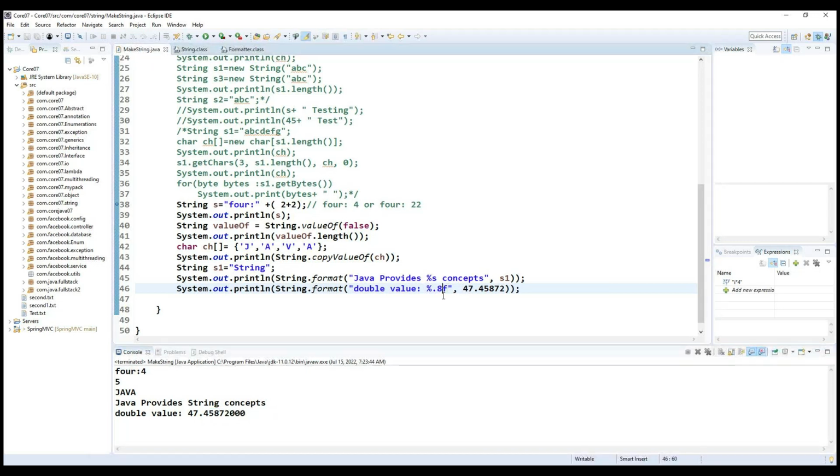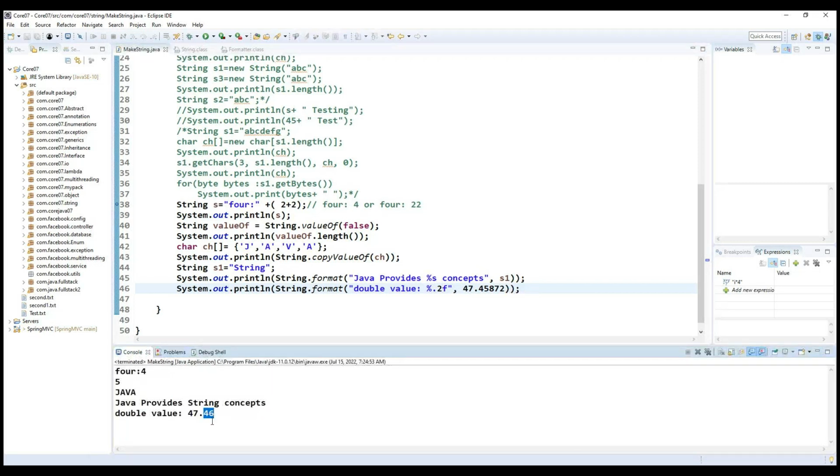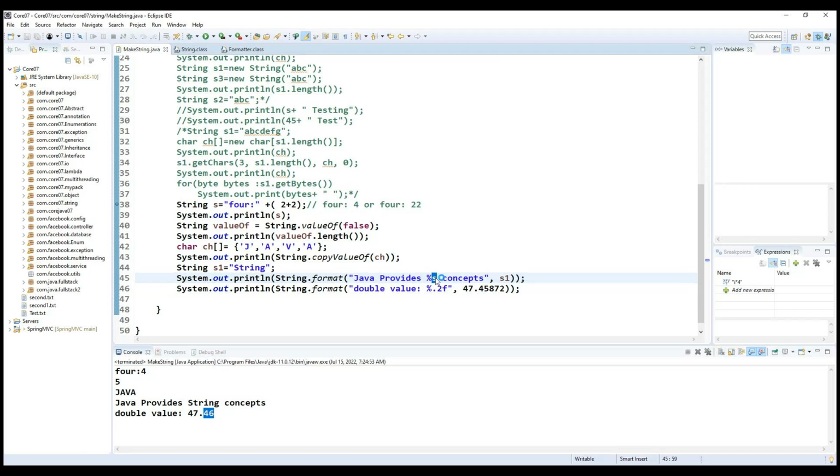So this is another format. If you are not interested, you can make only 2 values. If I try to print this 2, now you are getting only 2. So this is another format we are going to use, this particular double related, and the S we used for